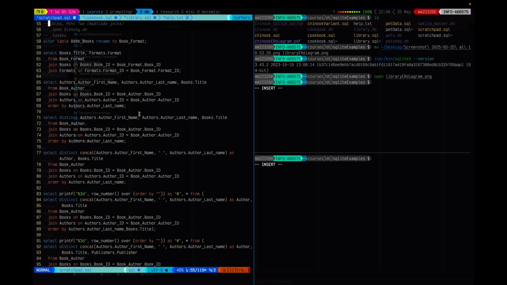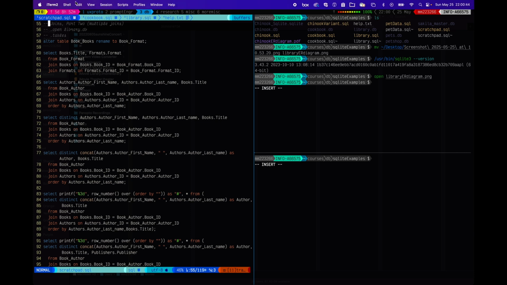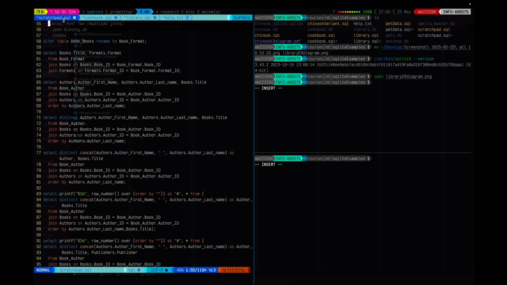One pane is running a text editor called Vim with the scratchpad.sql file showing, which is on Canvas, so you can get this file, and it will be changing during the semester. And then in this pane and this pane both, I just have the terminal running in the SQLite examples folder,